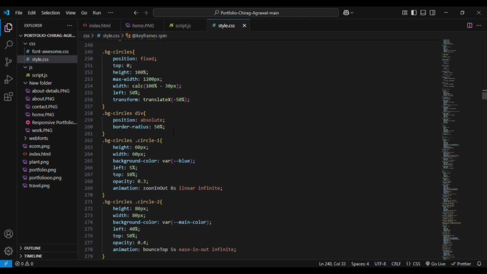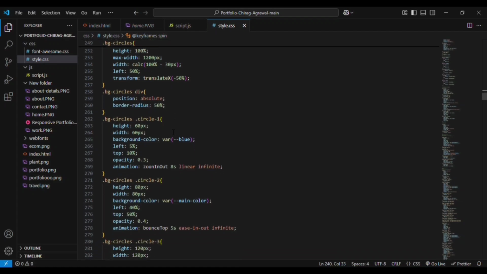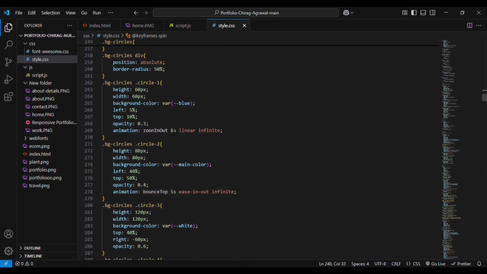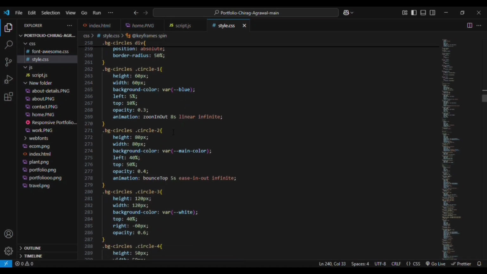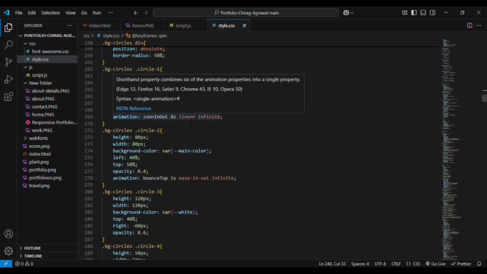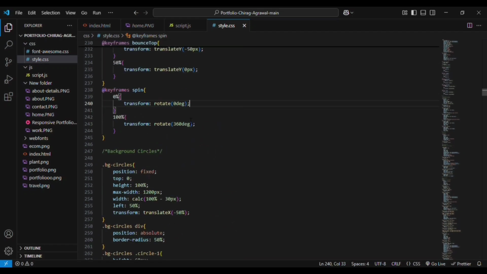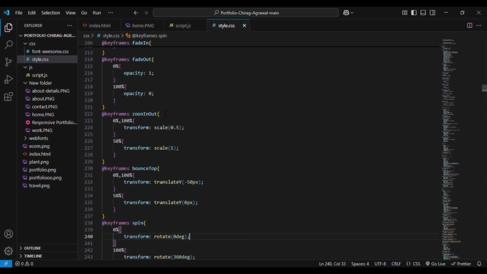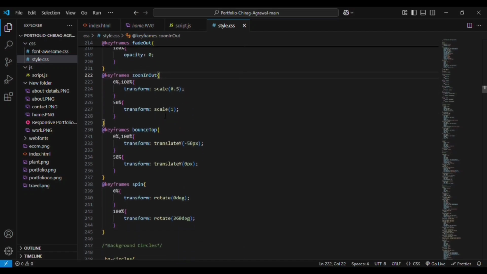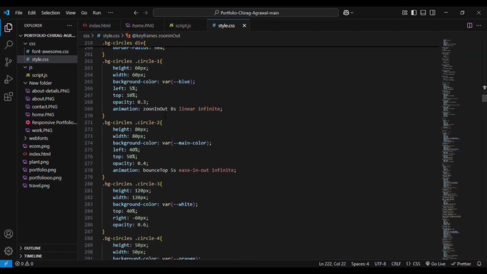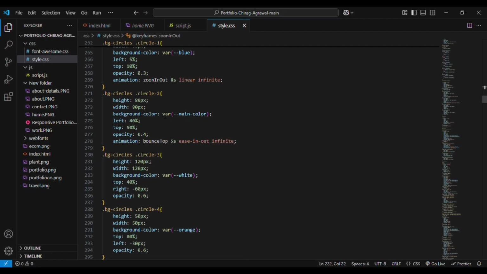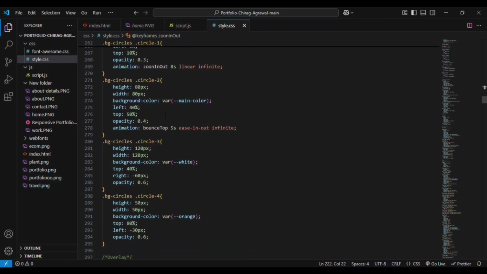For the circle 1 we are giving height equal to 60, width equal to 60, background color is blue, and it is positioned exactly at left side 5%, top side 10%, opacity is 0.3. And you can see the animation is zooming out. It is infinite, and you can see zooming out is the keyframe that we have created here. You can see this is the zooming out keyframe, that is transform scale 0.5 to 1. Then we have the circle 2, then circle 3 and circle 4. For each one we are adding a different type of animation. And then